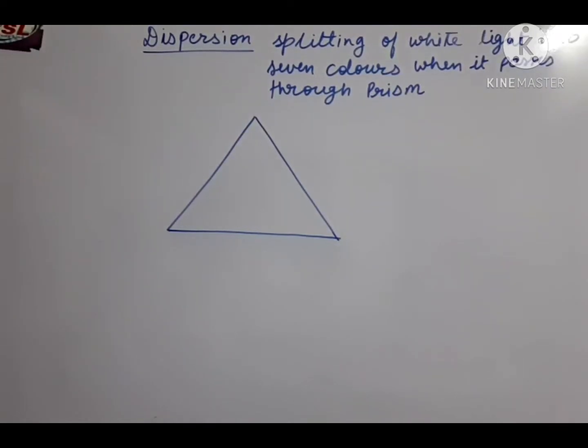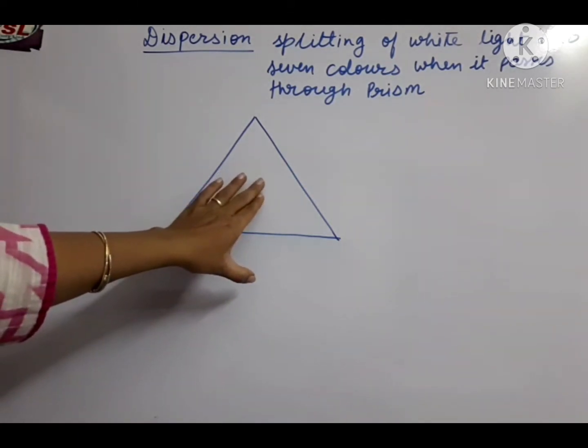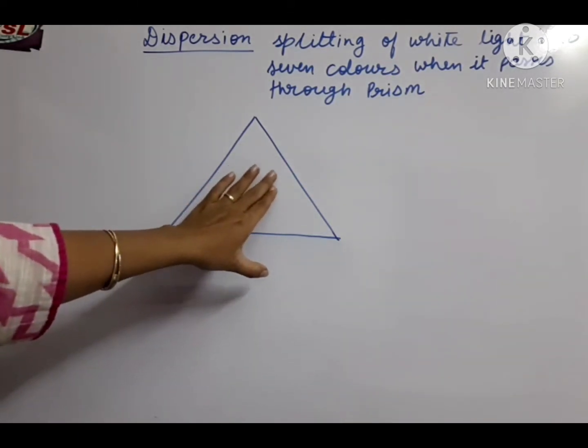Hello students, in the unit optics, after completing refraction, which was taking place with the help of a lens or a change of medium, now we have another topic, another optical phenomenon, that is called dispersion. Dispersion is related to one more device, that is the prism. This is the diagram of the prism.